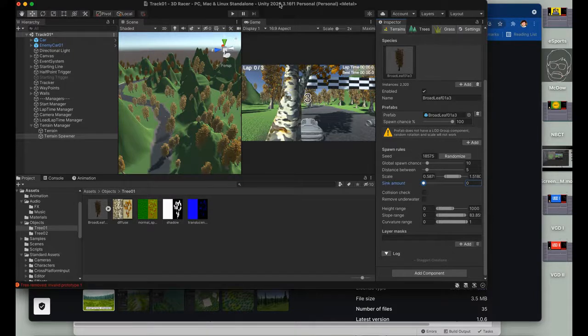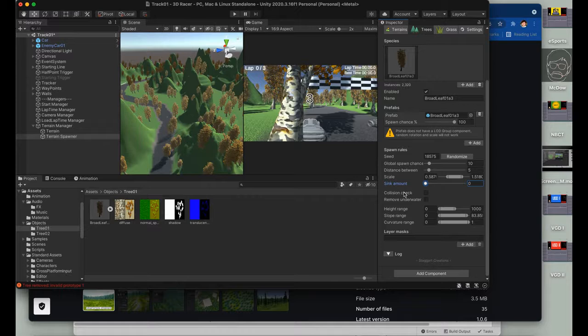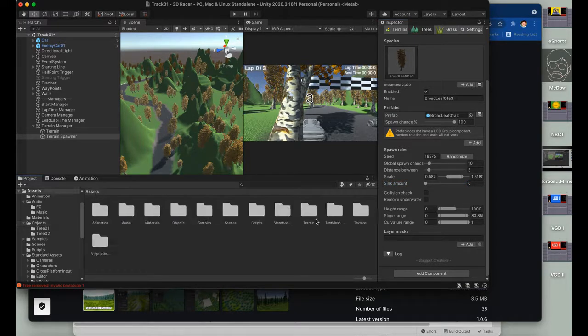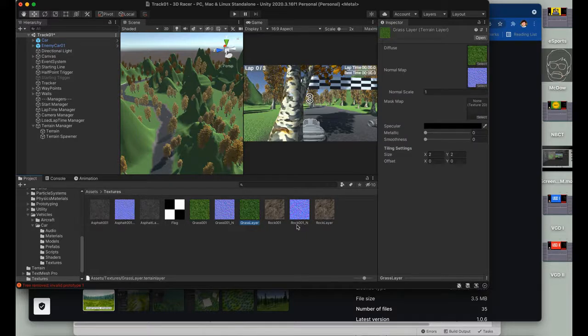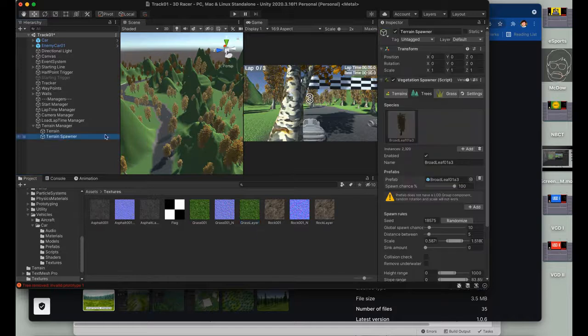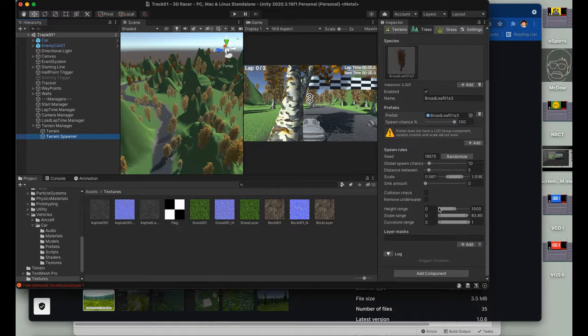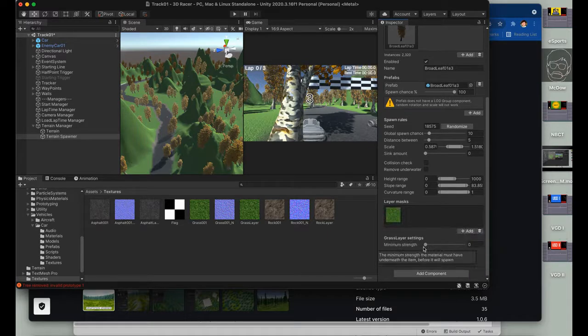Now, the most important part for us is going to be this layer mask. This is why it was really important that earlier when we went into our, I believe we put in textures, we named these different layers when we made our terrains earlier on, when we assigned our diffuse and normal maps. On terrain spawner, layer mask, add, I only want it on the grass. And then when you do that,